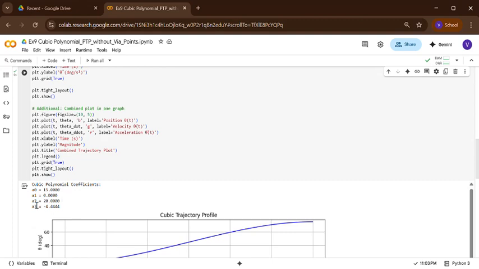A0 is 15, A1 is 0, then A2 is 20, and A3 is minus 0.444.